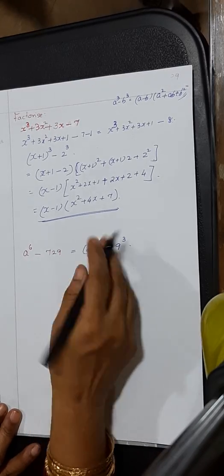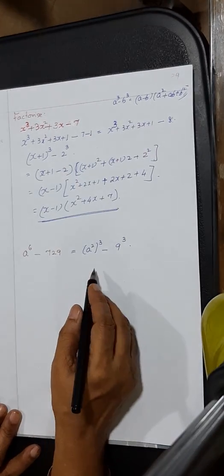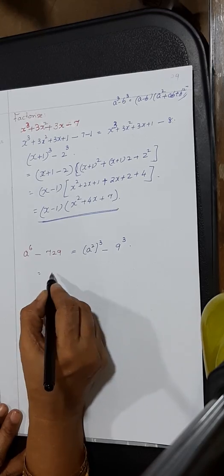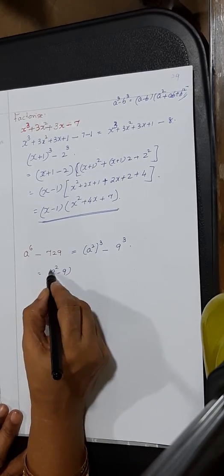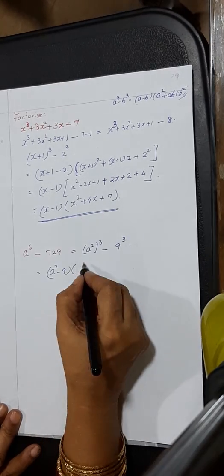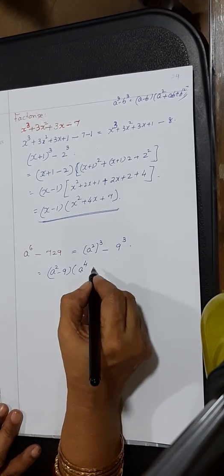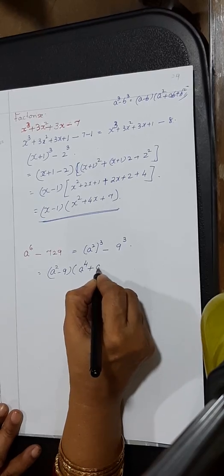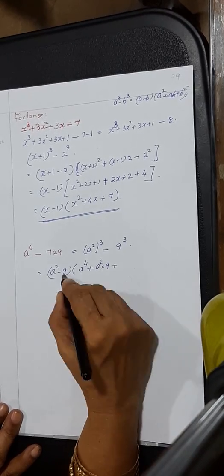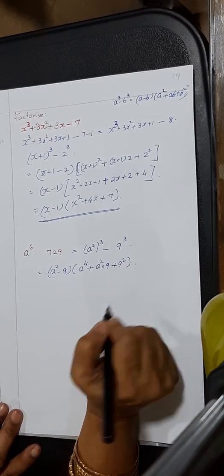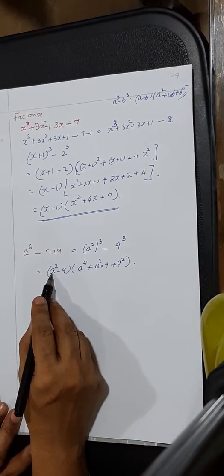So, this again is x cube minus y cube format. So, this is equal to a squared minus 9 into a squared will become a to the power of 4, plus ab will become a squared into 9, plus b squared will become 9 squared. So, this we can, now this is of the format